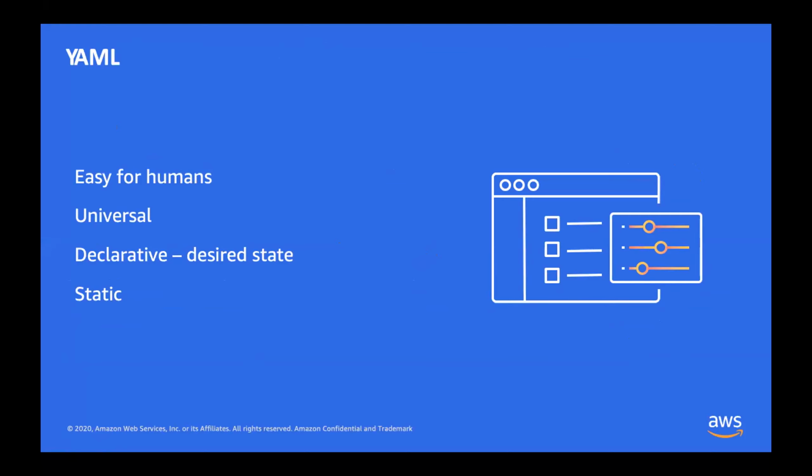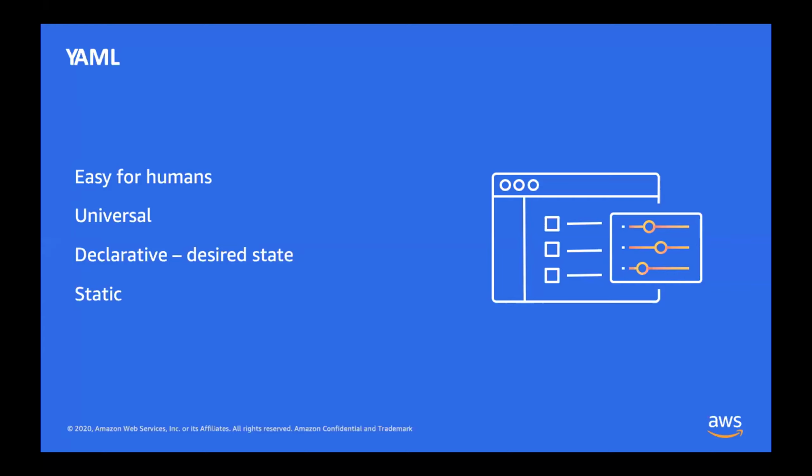Kubernetes uses YAML everywhere. It is the data configuration and definition layer for Kubernetes clusters. It also happens to be the way that we do a lot of things at the AWS cloud. And so using YAML and being involved in YAML is tried and true for us. And we think YAML is awesome because it's easy for humans to read it and to understand it and to use it in a simple way.